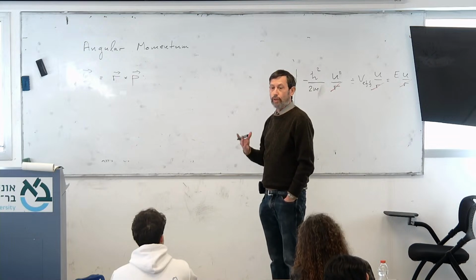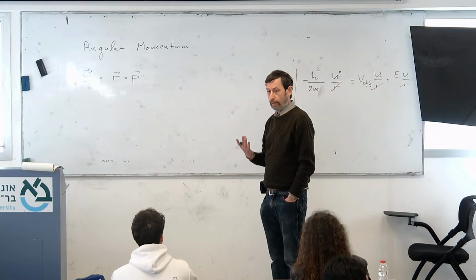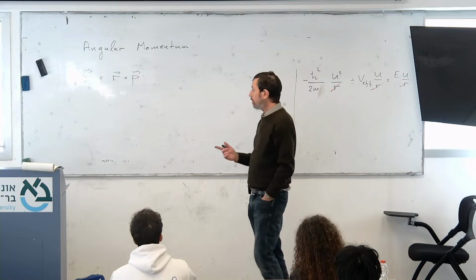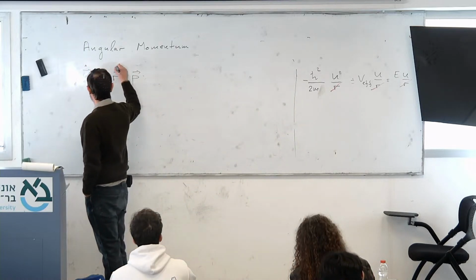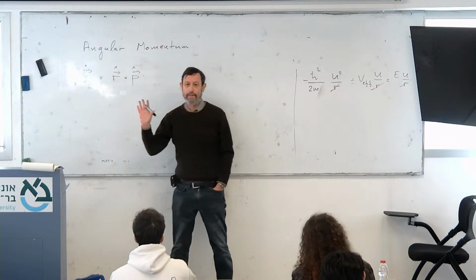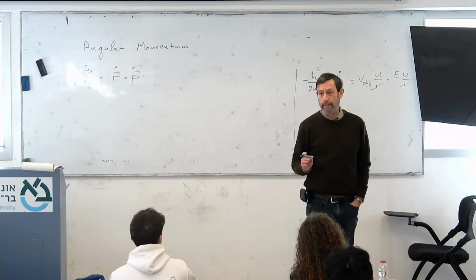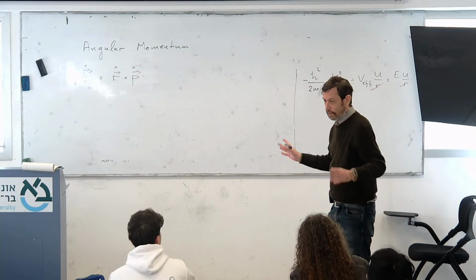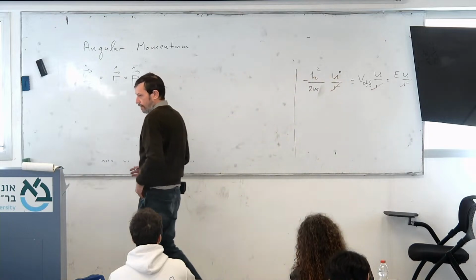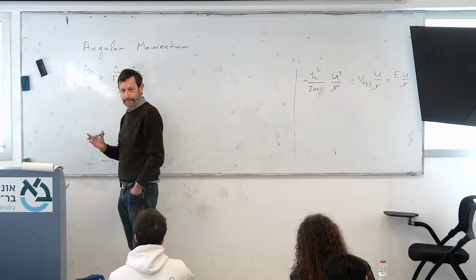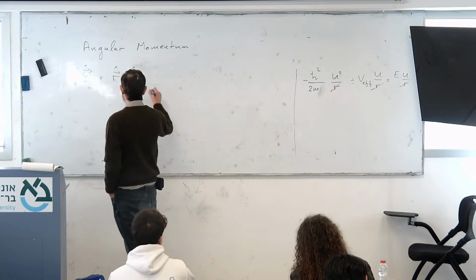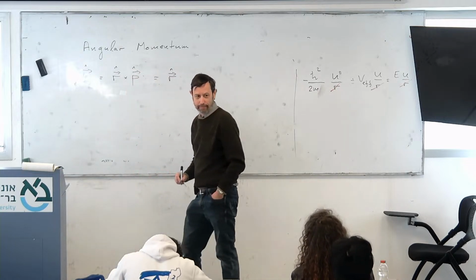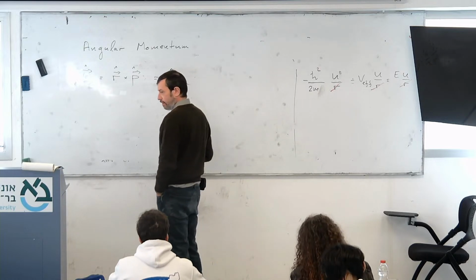Great. What do we do in quantum mechanics? We change it into an operator. Extremely difficult. Now it's in an operator form. Why is it so easy? Because R and P we have defined already. So it's just simple algebra to rewrite it in operator form. So R is R, and P is